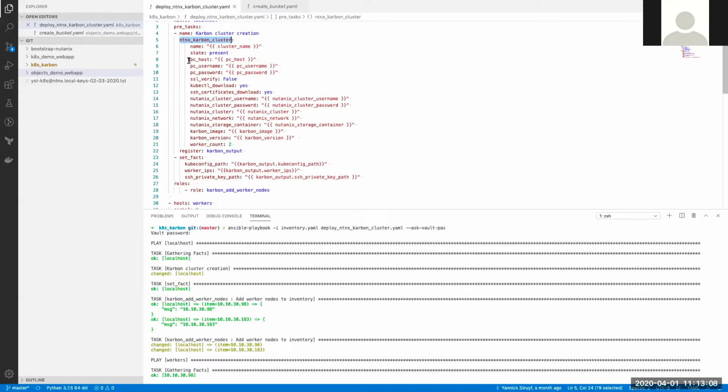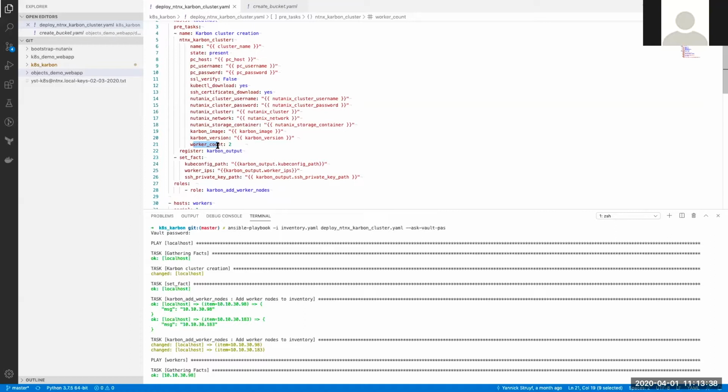You just need to enter your Prism Central credentials, like you normally do with a manual deploy. You give the credentials of the underlying Nutanix cluster on which you want to deploy your Karbon cluster. You give your network settings, you give your Karbon image, and you dictate how many workers you want to deploy. For the demo, I deployed 2 workers, but